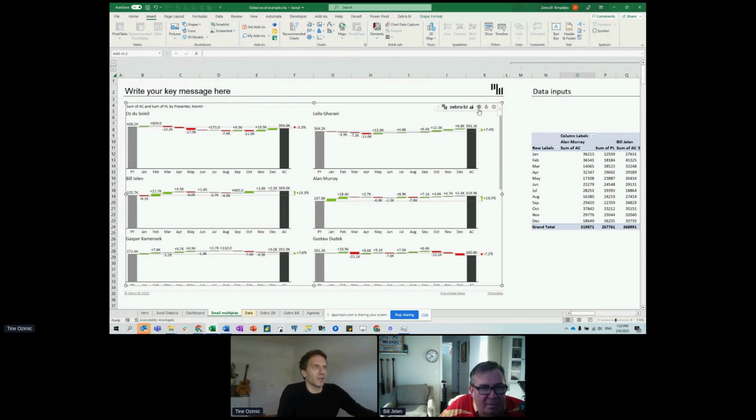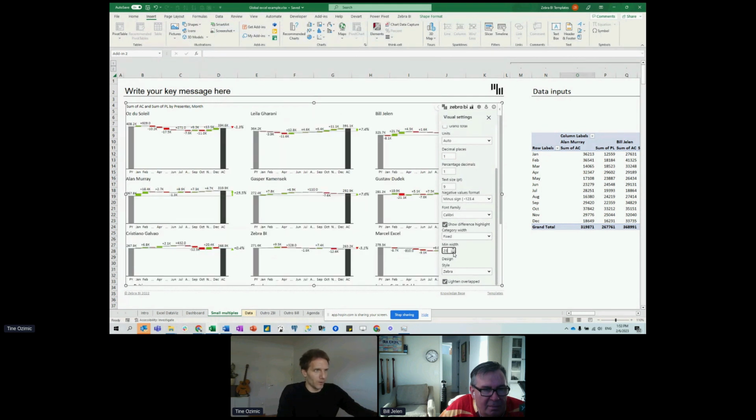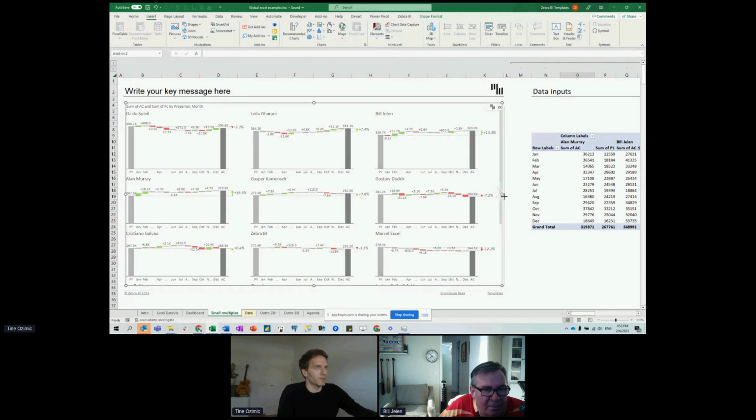I'm going to do a few adjustments here. So again, let me just go back to the settings. I'm just going to make the text a bit smaller, and I'm also going to fine-tune my categories in a way that I will get a 3-column layout. So I just need to decrease this number a bit. Let's go with this, this is kind of the layout that I want. Okay, so